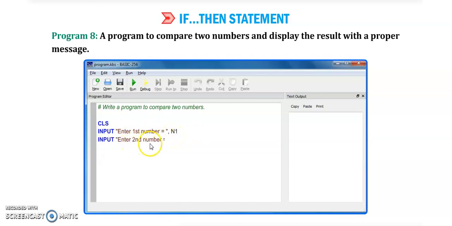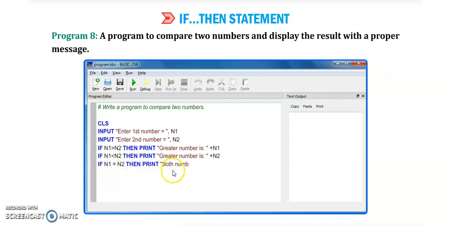After that, enter second number in N2. So the conditions we will write like this: if N1 greater than N2, then print greater number is N1; if N1 less than N2, then print greater number is N2; and if N1 equals N2, then it will print both the numbers are equal. So end if, end if, end if.